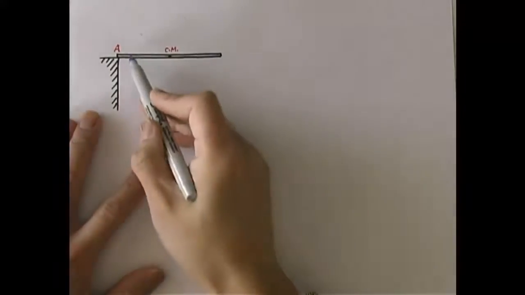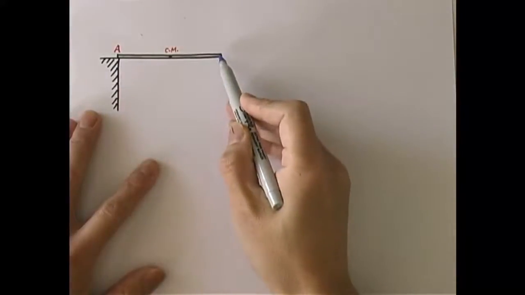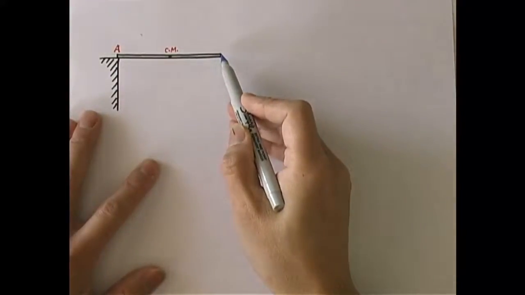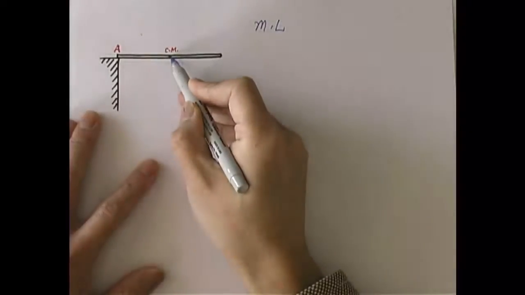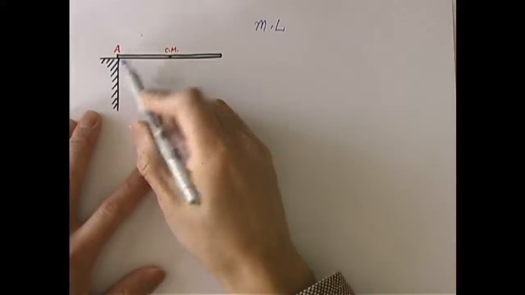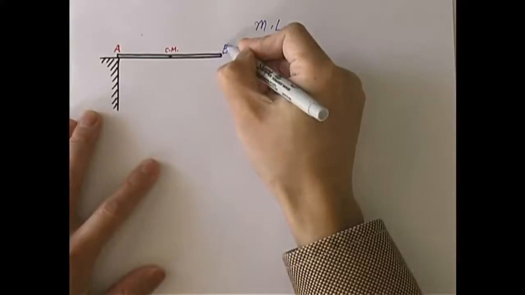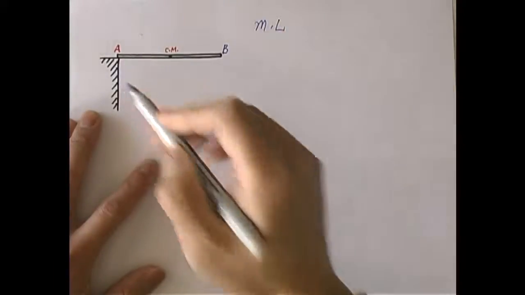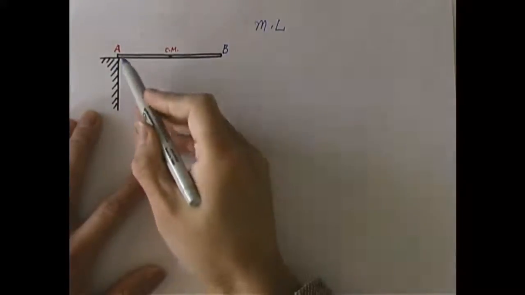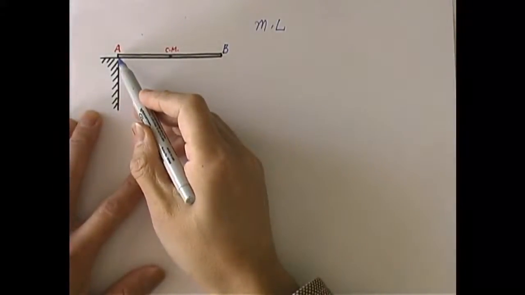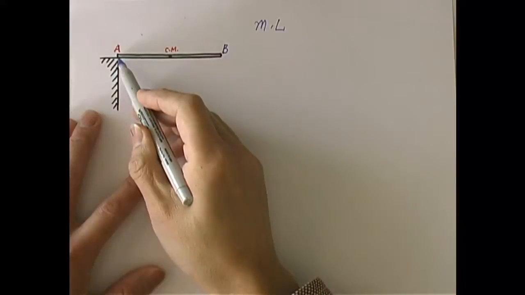Okay, what I have here is a wooden stick of uniform mass, mass m, length L. The center of mass, of course, is midway between point A and point B. The distance between here and there is half of L. Now, to begin with, the left edge, point A, of this wooden stick rests right on the edge of a